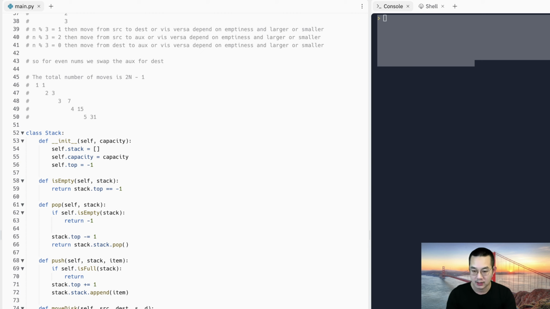So we're going to self dot push. We're going to push the item from the destination to the source. What we're going to push is poll 2, and we're going to self dot push poll 1 on top of